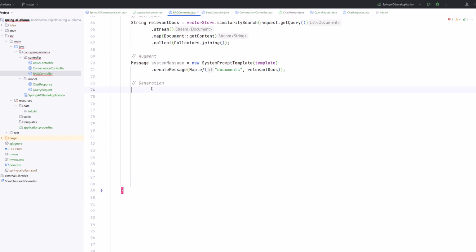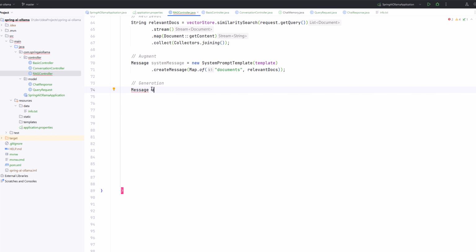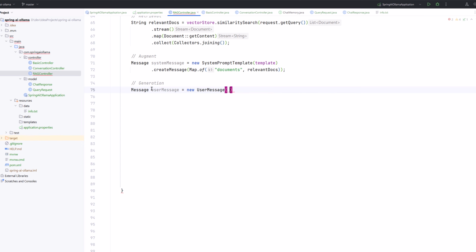Now the last step is pretty straightforward, which is generation. We'll create a user message using the query which we received from the user. New user message, request.query.